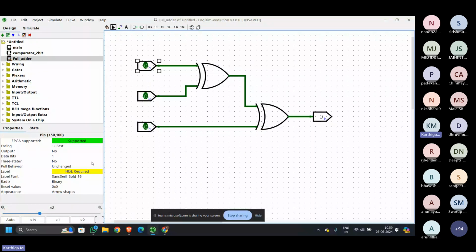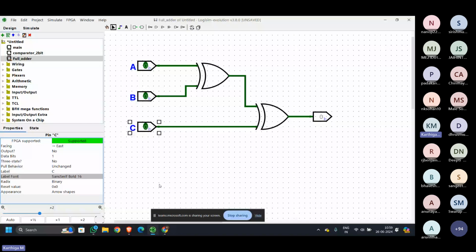So you click on the input and then here you have the label, with all the information about that component that you're using. Under label, you can label it as A. And then here you can label it as B. This you can label it as C. Okay. So the output here will be nothing but